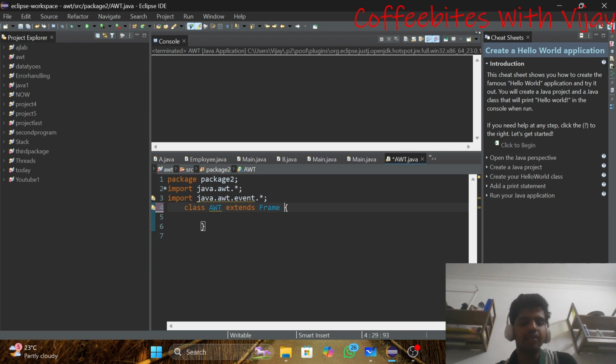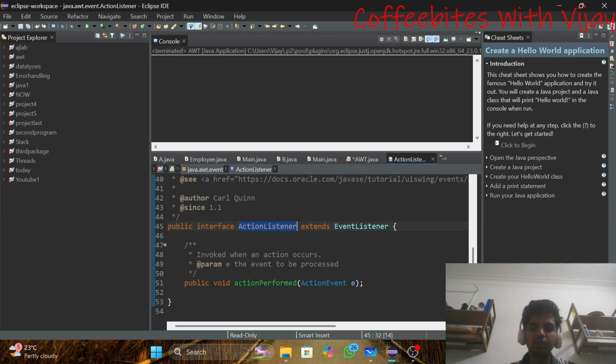So I have extended the frame container, and since I am using the action event class, I have to implement the action listener interface. Here I have implemented this action listener interface, and let's go into it and see the code.